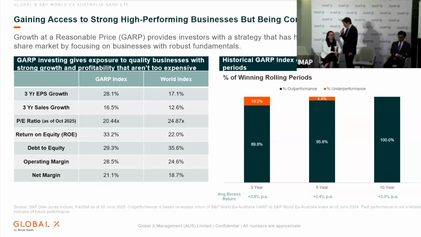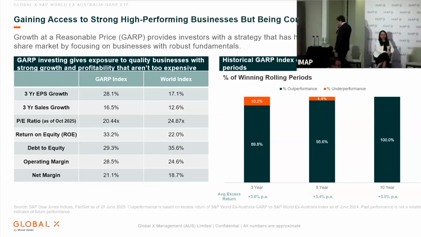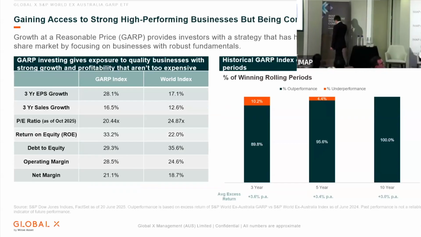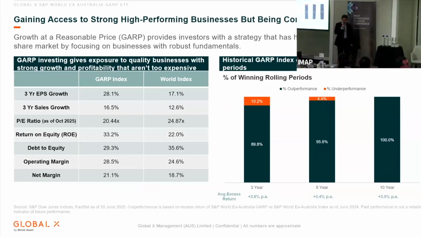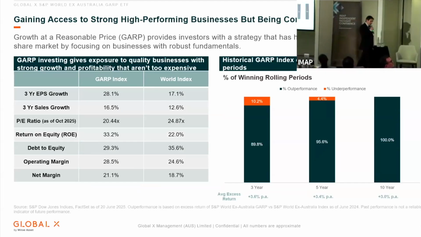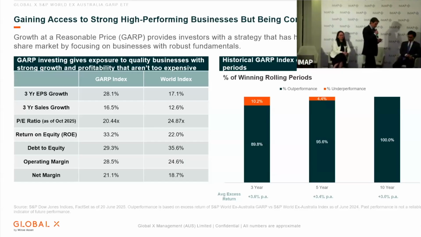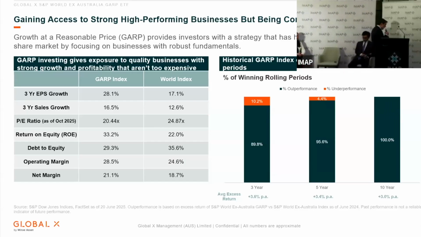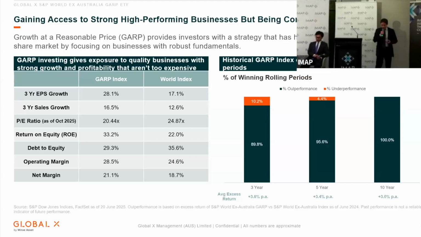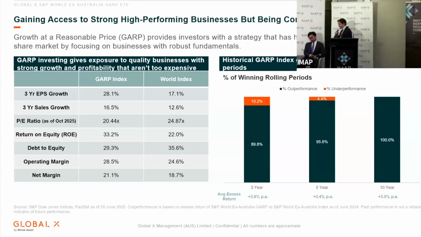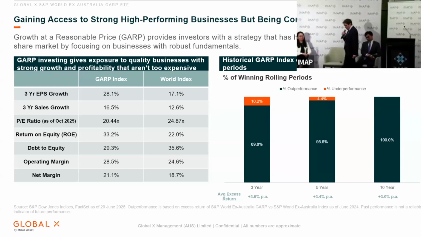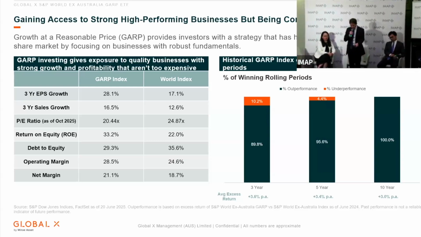So now we really get to the question, well, how has a GARP portfolio performed against the total market world portfolio? So think MSCI World. So if we're trying to stock select for those profiles of high EPS growth, high sales growth, not too much financial leverage, high return on equity, with a mindfulness to the PE ratios, trying to take the least highest PE among the growth stocks, how have we done against the world portfolio? So along each of those considerations, each of those factors, it's proven to be better. And we've also de-amplified the PE risk.